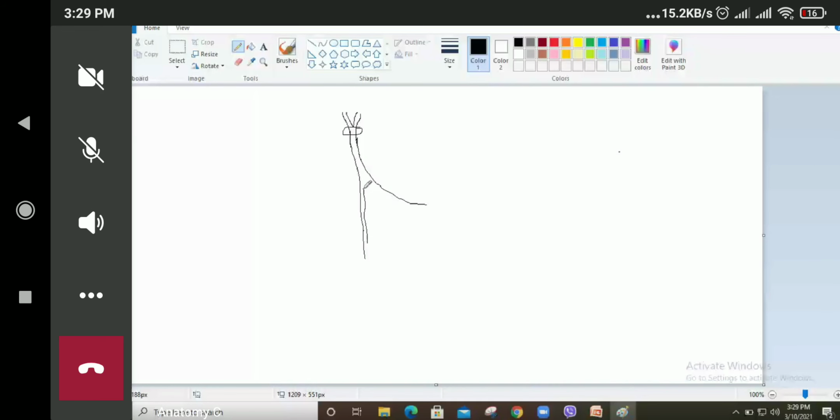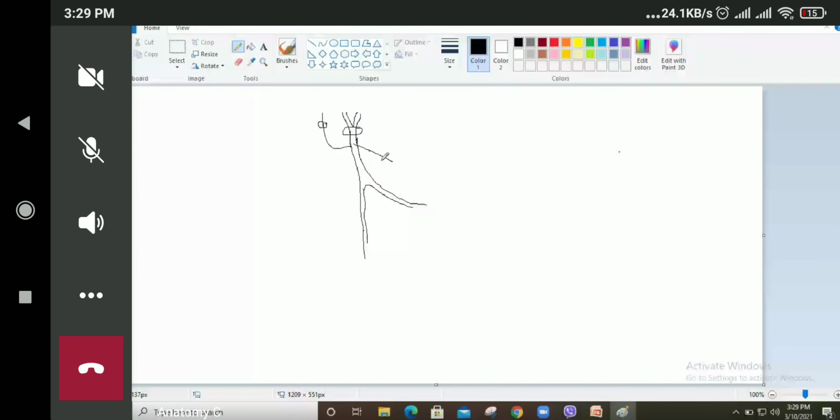Now we have certain branches which will arise from the trunk. From the trunk we have the nervus spinosus, which will pass through the foramen spinosum and enter into the middle cranial fossa, and supply the dura mater or meninges of that area. That is known as the nervus spinosus. Another nerve which arises directly from the trunk is the nerve to medial pterygoid. This nerve will supply the medial pterygoid muscle, tensor veli palatini, and tensor tympani.